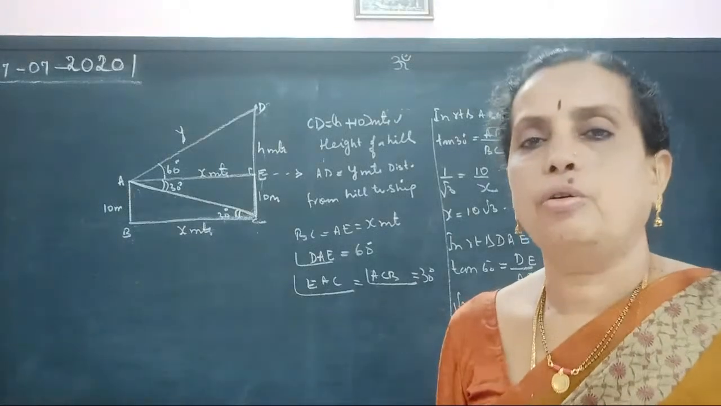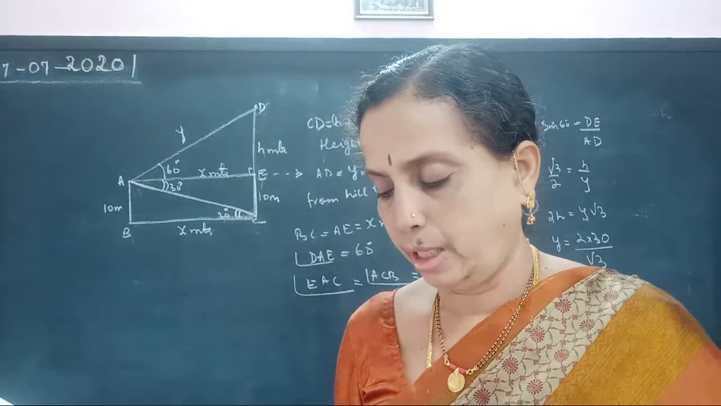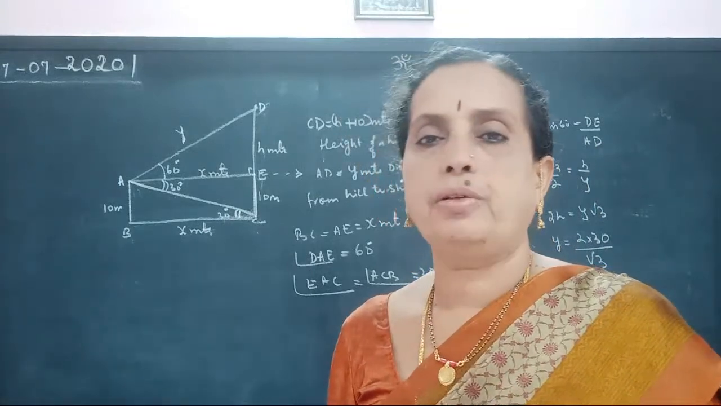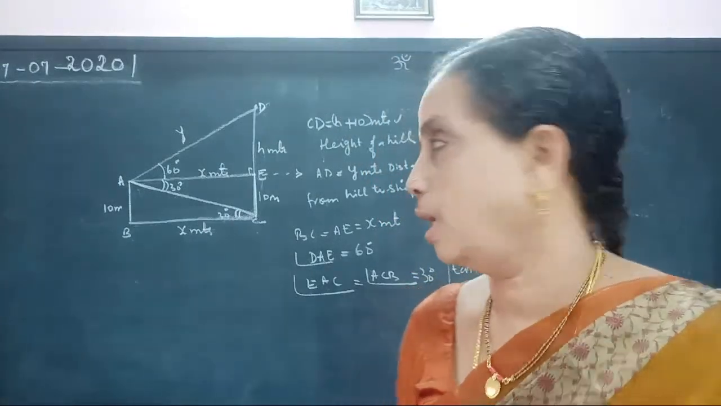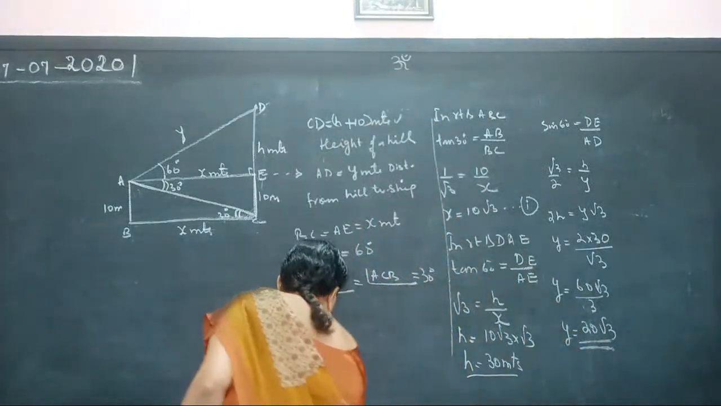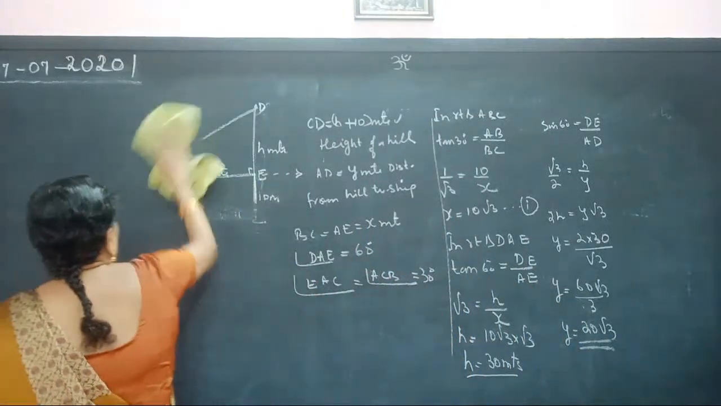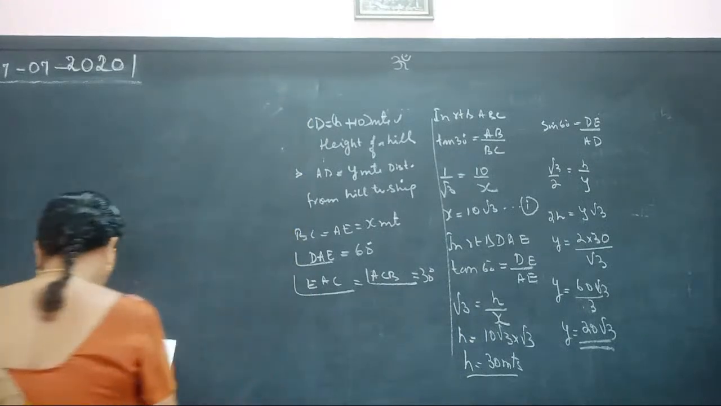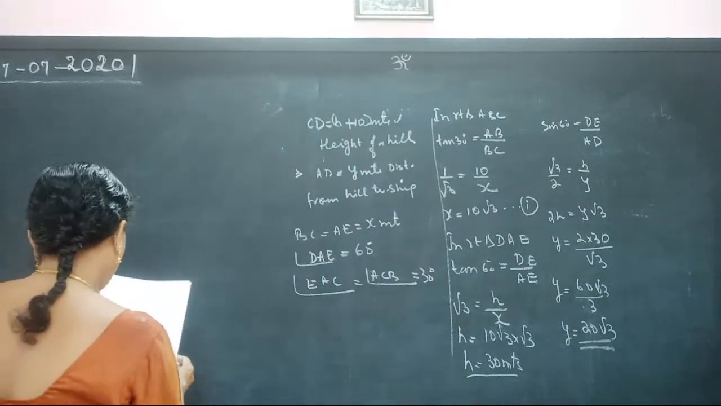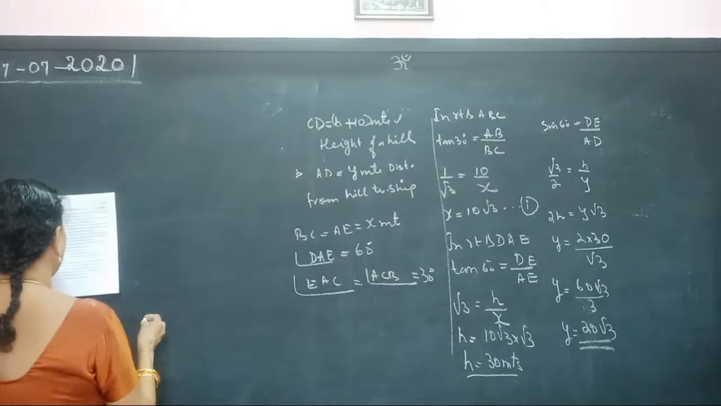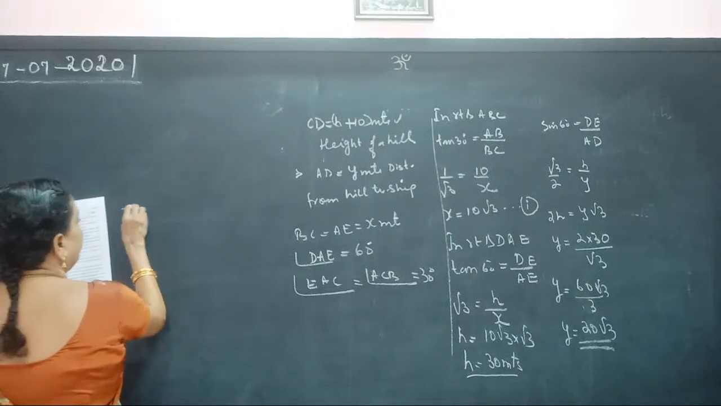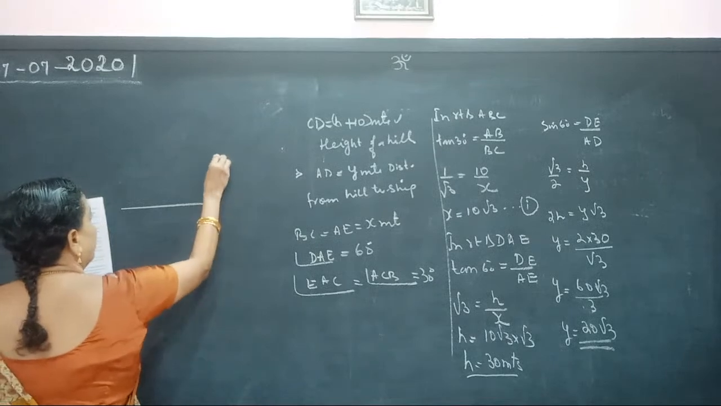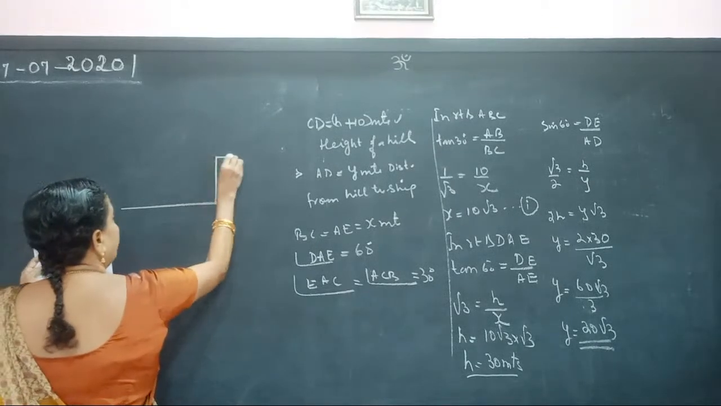I'll go with question number 8, last question we conclude, so that from 9th question onwards I will do in the next class. Okay. Take 8th question. The angle of depression of top and bottom of a 50-meter high building